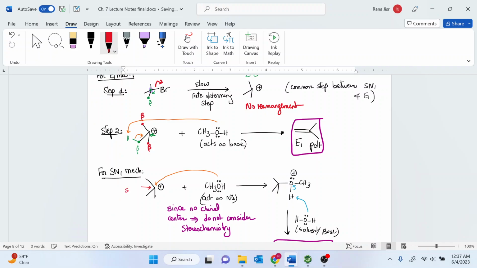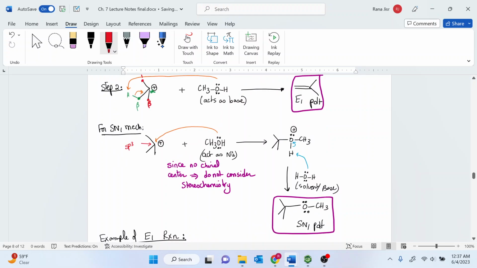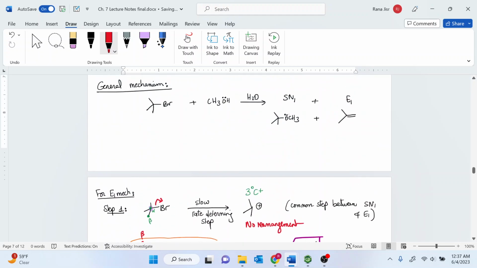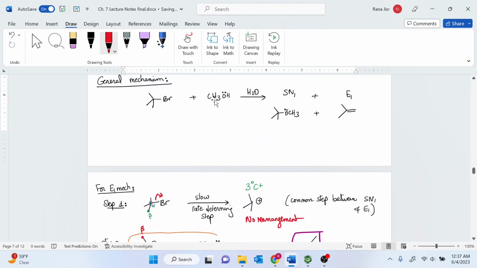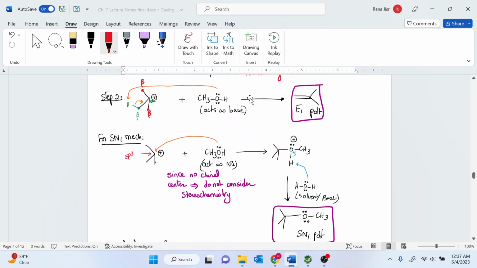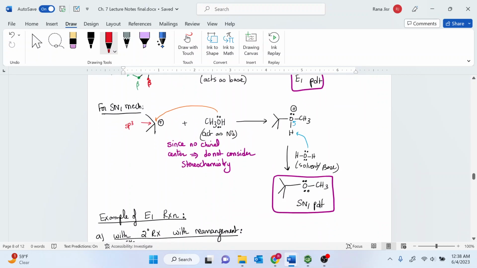So they do attack the sp3 hybrid carbon in there, and you're going to end up getting your product. Remember, in SN1, I always use the solvent as the deprotonation in the last step. And the solvent in this case is water. So I'm going to use water. I can use another methanol if I want. So either methanol or water, any base in the solution, can come and pick up this extra hydrogen, and you're going to end up getting your